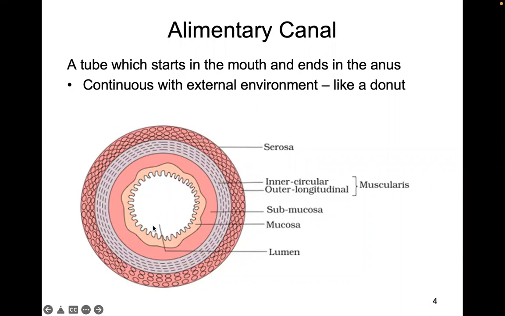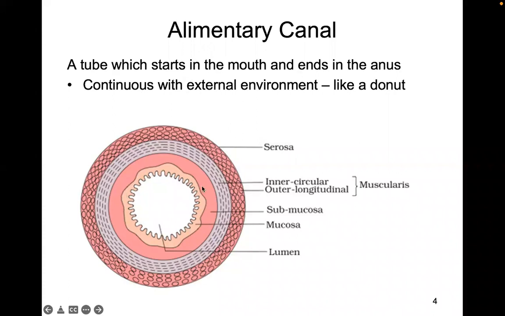And because of this mucosa, which is actually what's contacting the food, there are all these great little folds here called villi, and even more on the ends of them that you can't see called microvilli. What they do is increase the surface area for food to contact, because all of the surface area of the mucosa is where food that you want to keep, once you've broken it down chemically or mechanically, you will then absorb in through the mucosa, and then it's going to become part of your body. It's going to be in your blood.